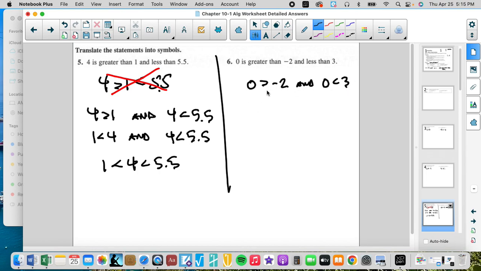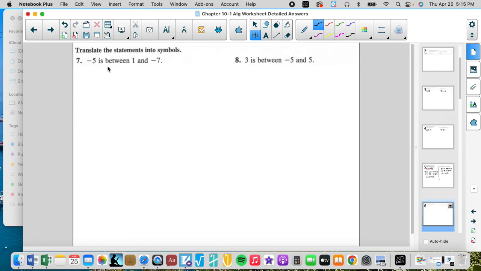So let's get that common 0 in the middle again. So now we can write it as a statement. -2 is less than 0, which is less than 3. That's the real way to read it, but that's okay. -5 is between 1 and 7. Translate the statement. -5 is between 1 and 7. Okay, so let's write that -5 is between,